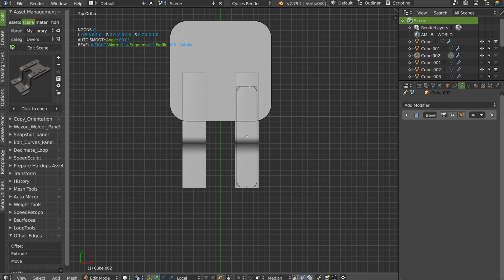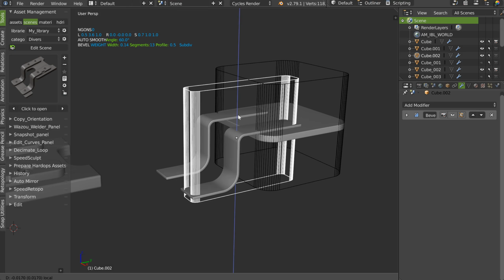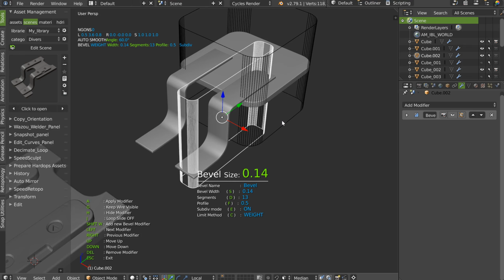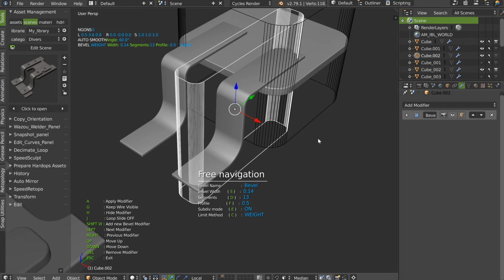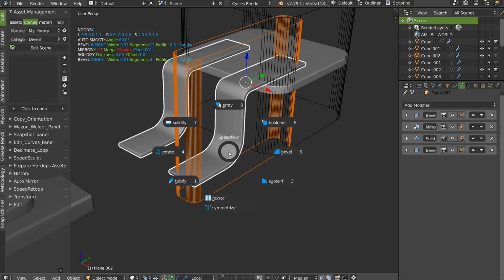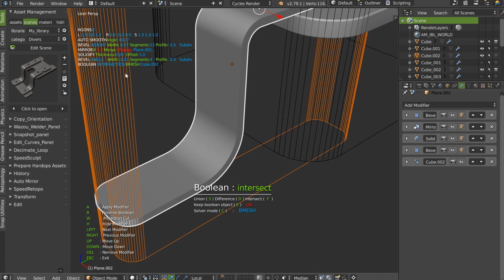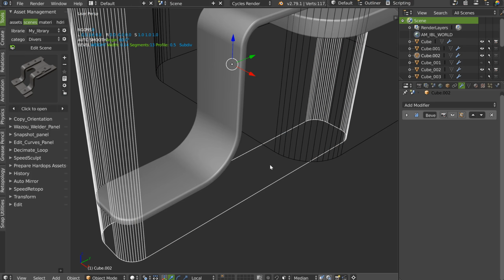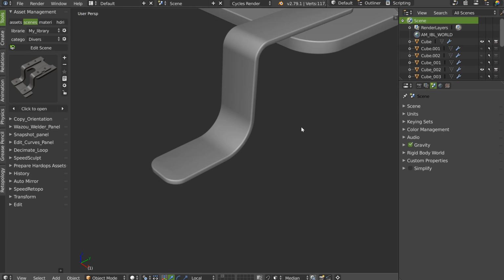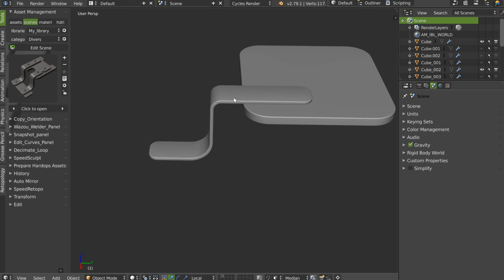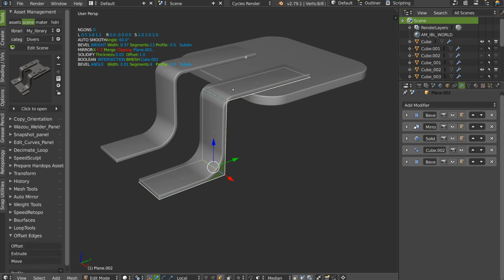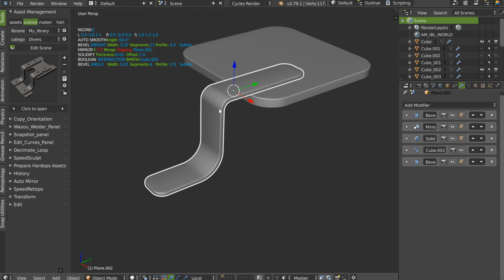Okay. I will select this face, move it here. So I have this result. I will move this one. I will apply the scale, and that's it. I will select this one, I will make a boolean in intersect, and as you can see, the boolean is there. I want it here, so with the up arrow I will move it, and like that I have this result. So this piece is just this, and with this, I have this result.